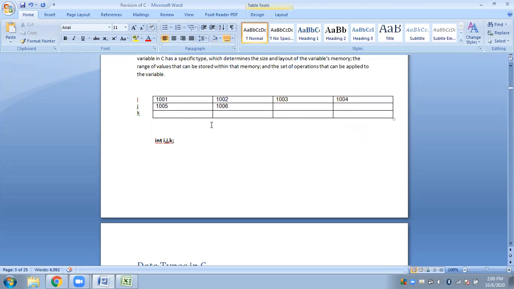But however, because we are referring to the cells using variables, and depending on the data type, these variables will be referring to that many memory cells. Here I, J, K, each of them are of integer data type, so each of these variables will be referring to 4 bytes of memory. Is that fine? Is it clear till here?